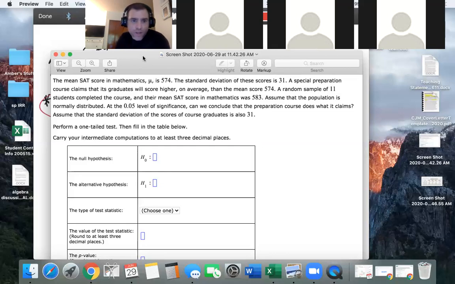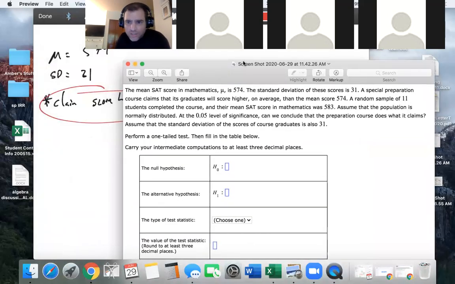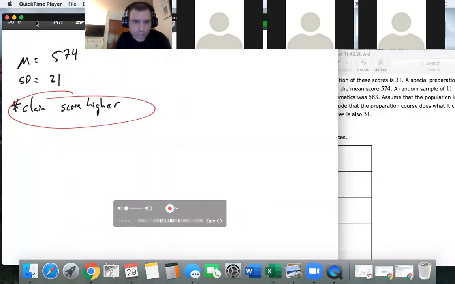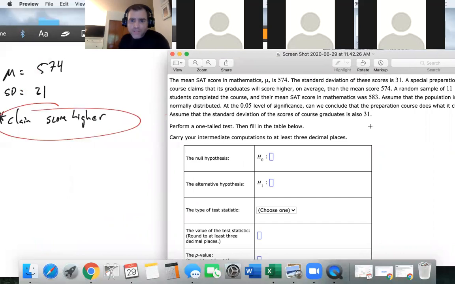You want to look at and see what are the researchers claiming, and whatever the claim is, that's going to be your alternative hypothesis. So you've got the H naught, which is the null, and the H1, which is the alternative hypothesis. So what I want to put for the alternative is I'm going to say that, okay, we're claiming that the mean is greater than